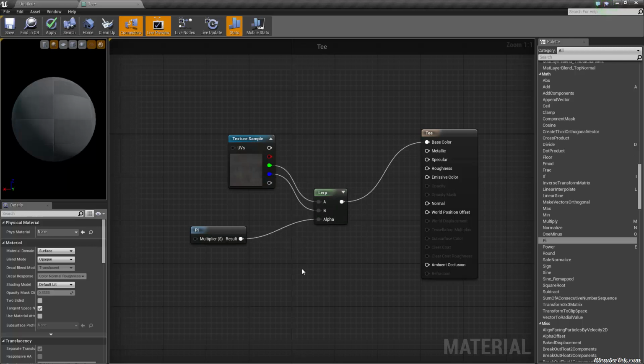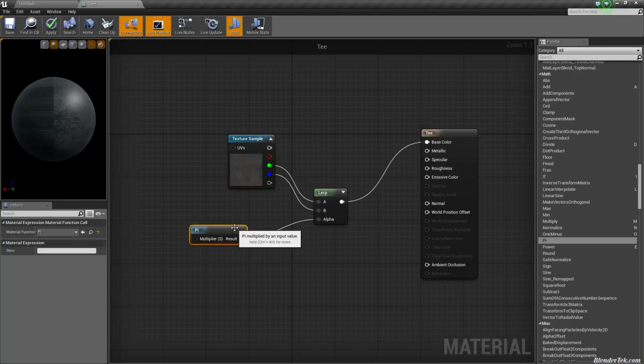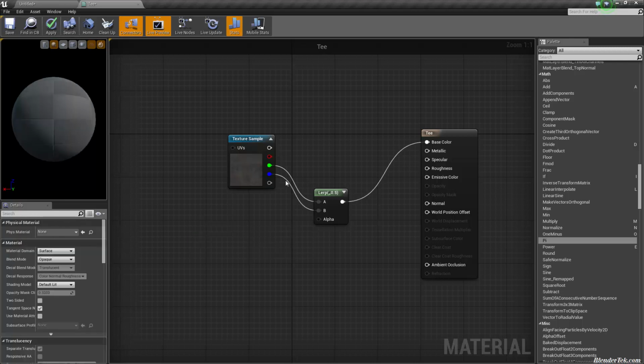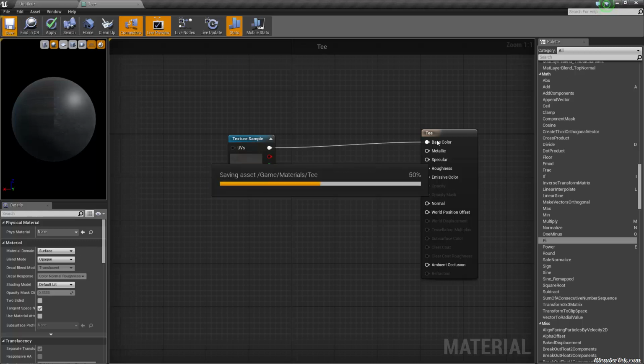Let's try that. Well, we get something interesting there, but just to show you how it's a node-based system, which is so easy to use. It reminds me so much of Blender. That's really one of the major factors that made me decide to make the engine switch. So anyways, just as we did in Unity, we set up our textures. So I'm going to save this. My base color, my diffuse color, is my texture.